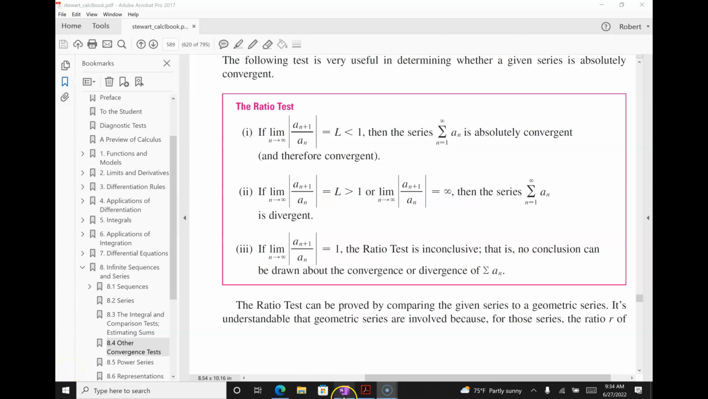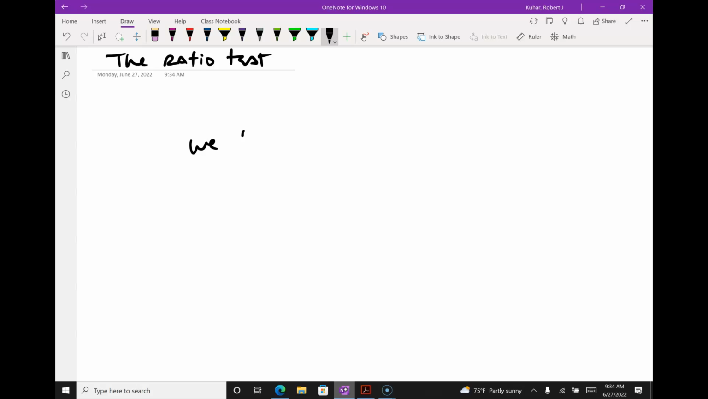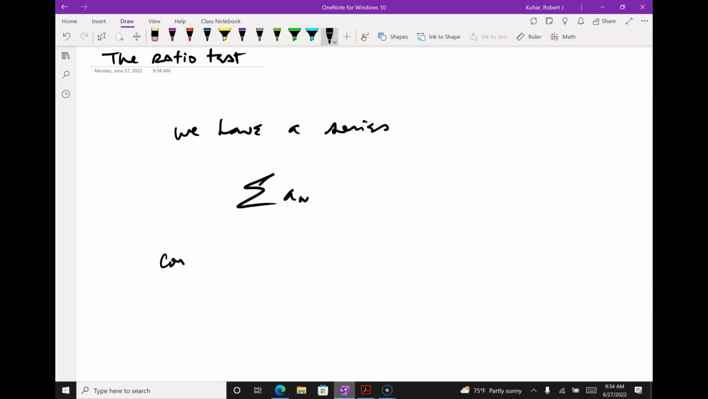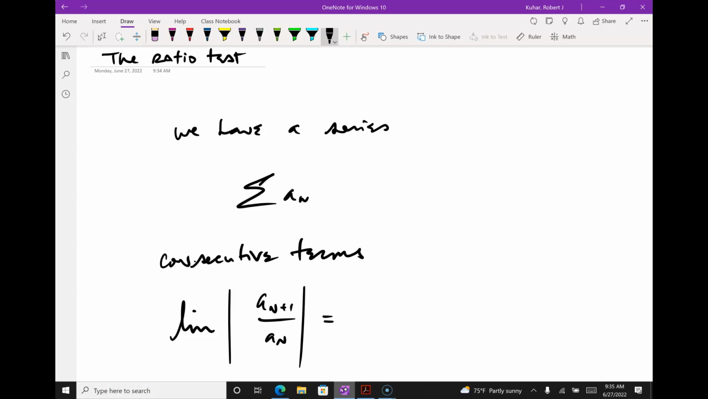So I have some series, right? The sum of a sub n, yes? And what I can do is I can look at consecutive terms. I want to look at the ratio of consecutive terms and look at that limit. So the limit in absolute value of a sub n plus 1 over a sub n could have